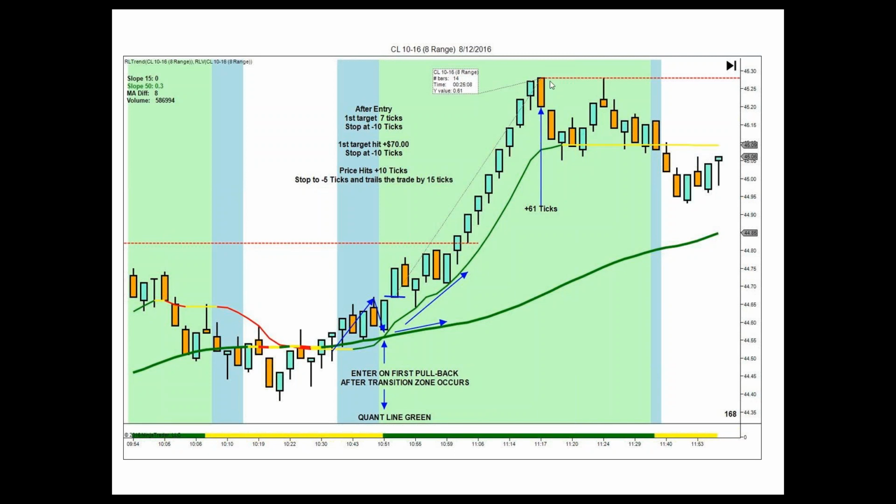That you're able to ride this trade all the way to the top. And remember also, you can take this out on a discretionary basis at any time. When the trade's up 50 ticks, it's got to go to 65 for you to make more money. If you closed it at 50, you'd make $570, which is just a little bit more than you would have made if you closed it at 61. But the bottom line is, if you just let the trade ride, these are the kind of trades you're going to see over and over again.